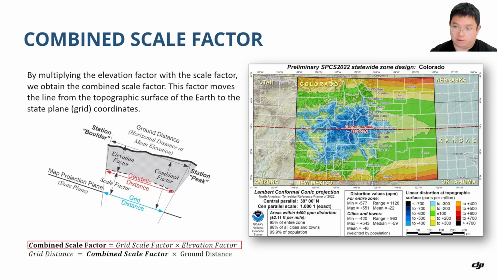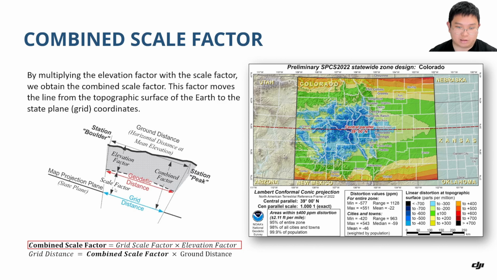As you can see now, due to the elevation changes and difference, it's not going to be a perfect rainbow shape. And these distortions are not evenly distributed because of the elevation. So now you're getting the difference or the scale factor, which you need to apply for correcting the geodetic distance to the grid distance. In addition, correcting from ground distance to the grid distance by adding the elevation factor, or